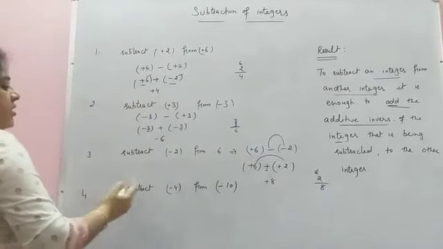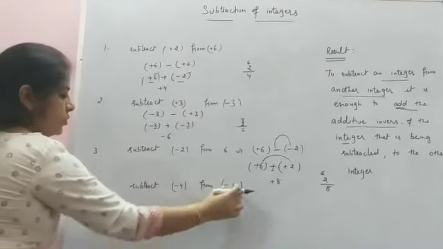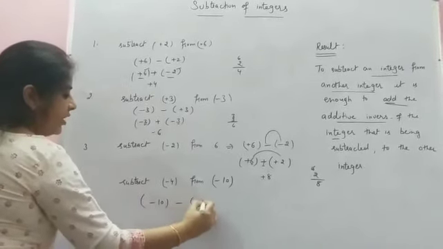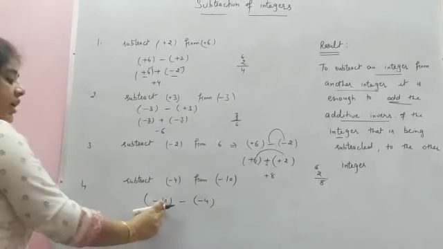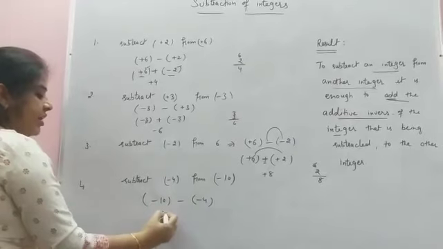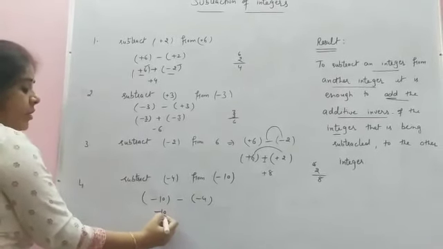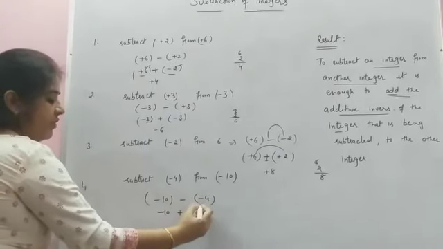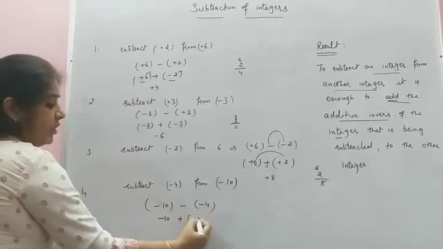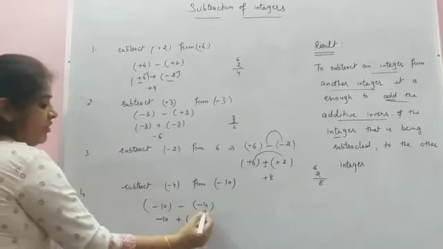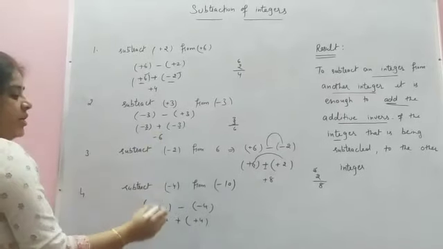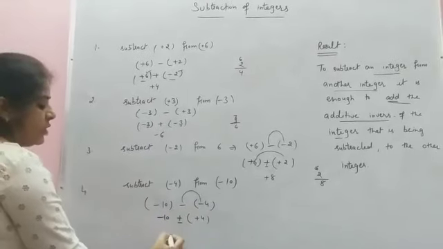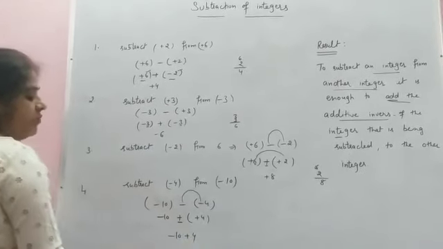Now students, the last: subtract this from this. So keep this here. Subtract means minus. This will be subtracted from this. Again, subtraction keeps the first integer the same. Now this converts to plus and this converts to its additive inverse. Minus 4, its additive inverse would be plus 4. Same here, observe that if two minus signs come together, the sign always changes to plus. So we have minus 10 plus 4 here.